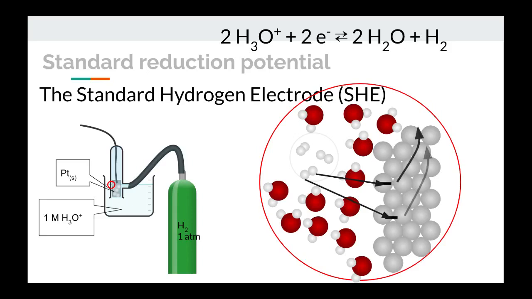The opposite could also occur. Electrons could be drawn through the platinum out of the cell, and the reverse reaction would happen. So the reaction's going the other way now. So hydrogens are giving up those electrons, adding to water molecules, and making hydronium. So 2 water molecules became hydroniums because the hydrogen that was here isn't there anymore. It got oxidized. So it can oxidize or it can reduce depending on what's going on in the other half